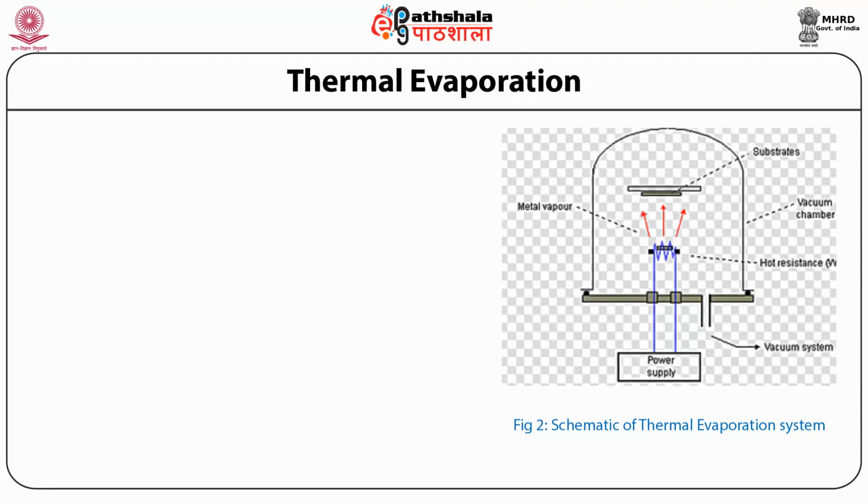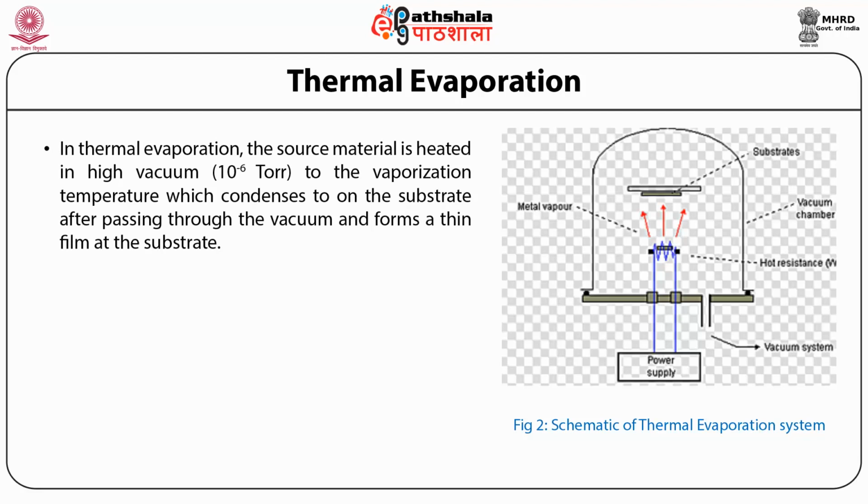Let us now discuss thermal evaporation. In thermal evaporation, the source material is heated in high vacuum, 10 to the power minus 6 torr, to the vaporization temperature, and it condenses on the substrate after passing through the vacuum and forms a thin film. The simplest evaporation sources are electrically heated spiral wires or foils in thermal contact with the material to be